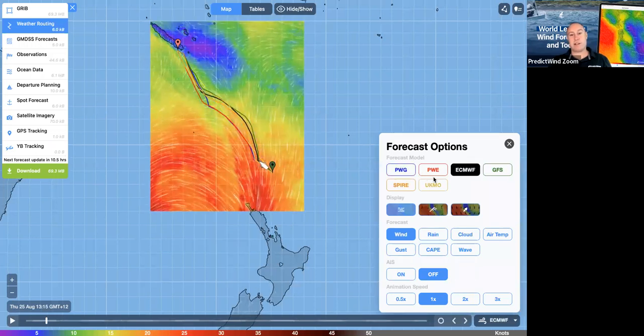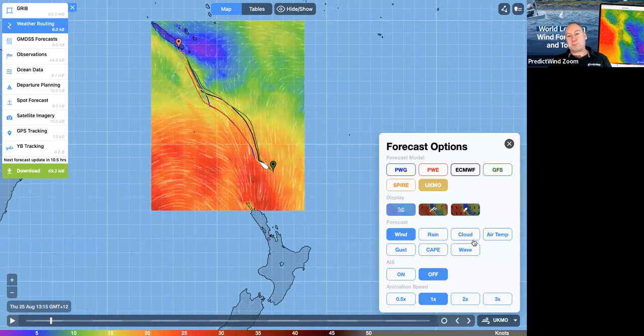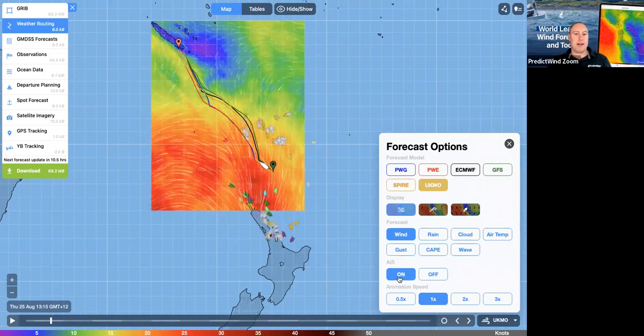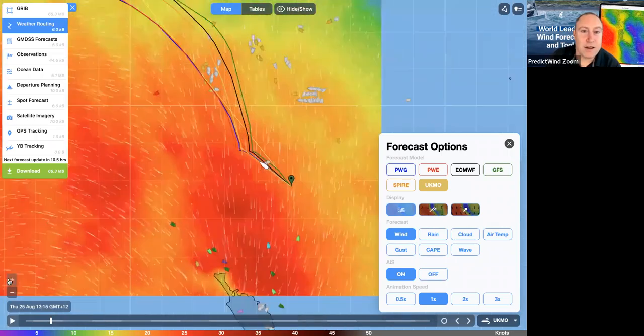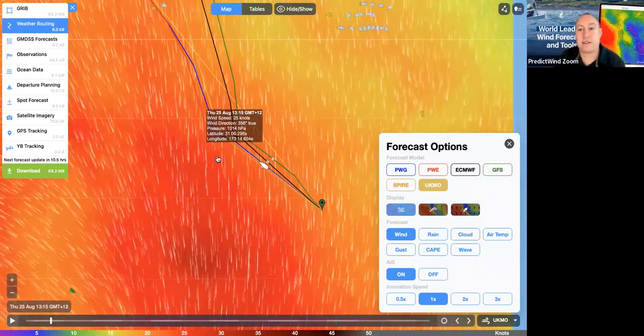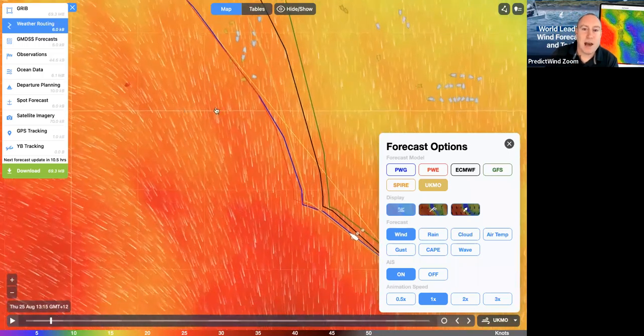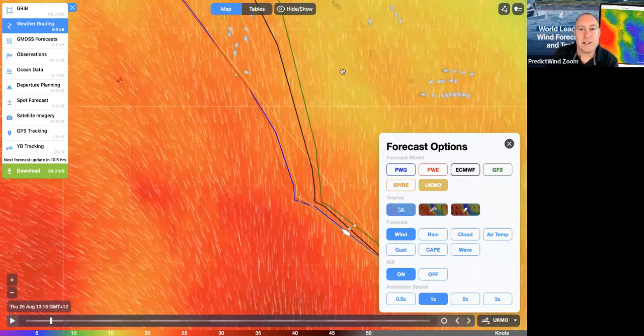So I went over to the ECMWF or the Spire or UKMO, and I can turn on AIS. And so then all of a sudden I'm underway, I'm on my passage, and I can see that I'm about to sail into an area where there are boats fishing. So you can see up here, these are fishing fleets,